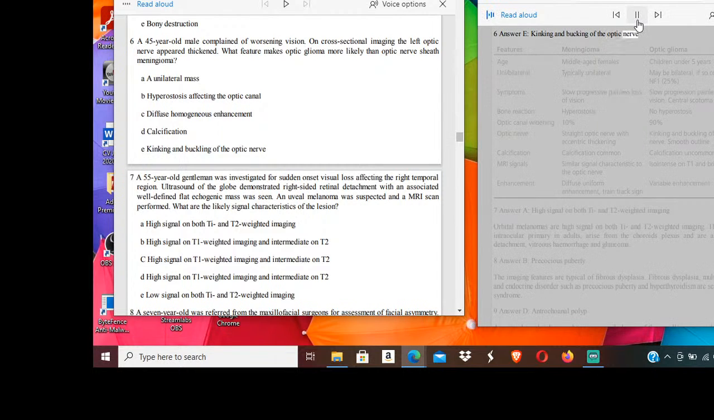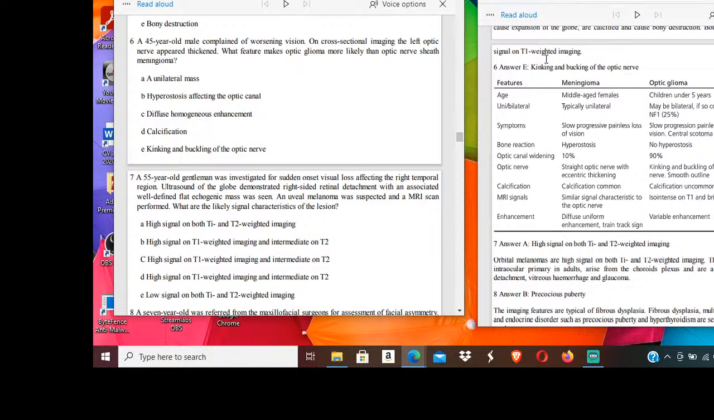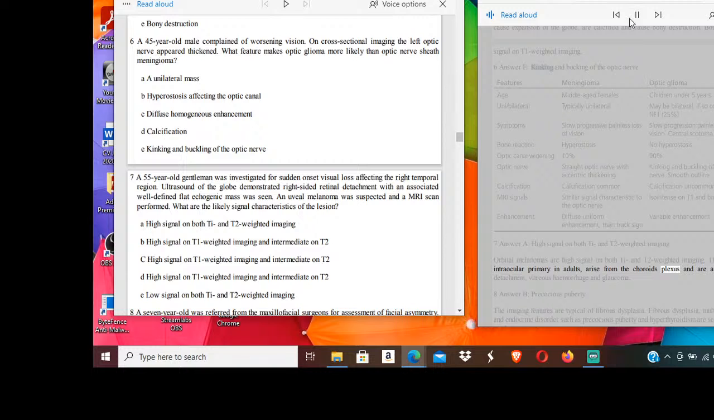The optic nerve. 7. Answer A, high signal on both T1 and T2 weighted imaging. Orbital melanomas are high signal on both T1 and T2 weighted imaging. They are the commonest intraocular primary in adults, arise from the choroid, and are associated with retinal